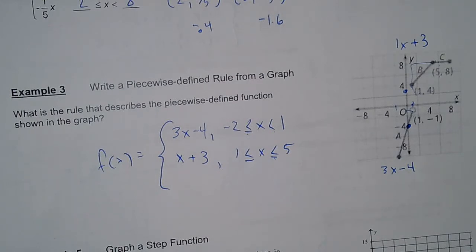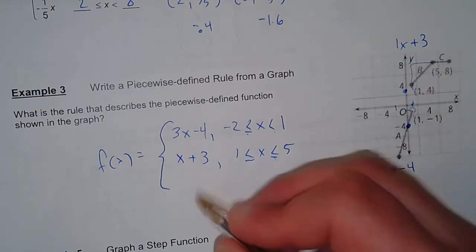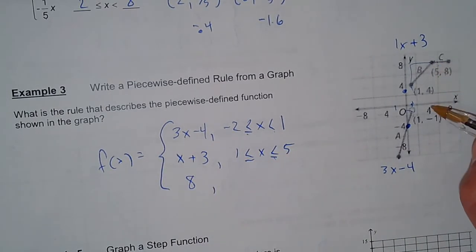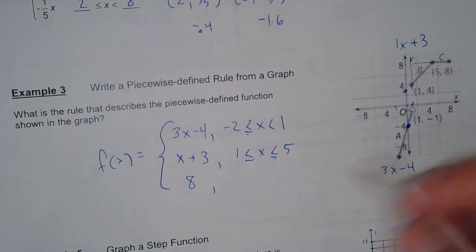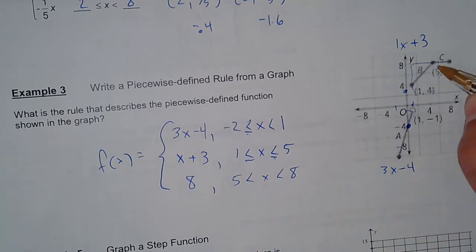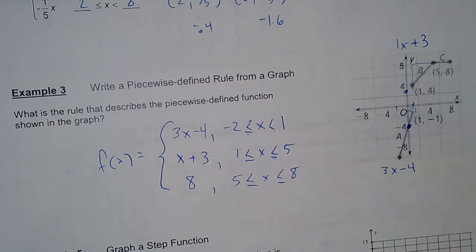And then our final one is what I told you. Anytime you have a constant flat graph, this should be the easiest one. This constant is just at 8, meaning this graph is always 8. And it's anything from 5 to, it looks like 8. So from 5 to 8, both solid dots, so they can both be or equal to's. And that's it. So we're going to save this last problem. We'll pick it